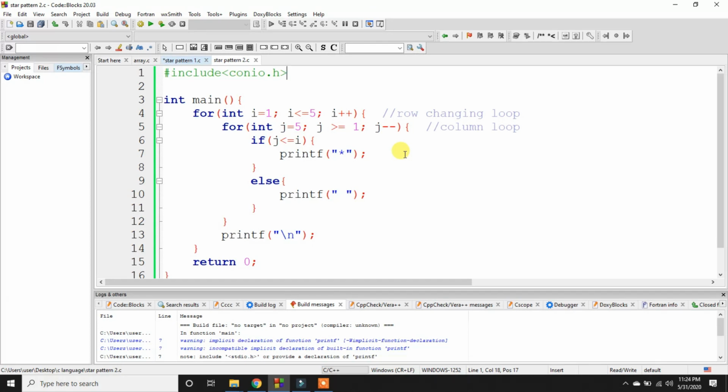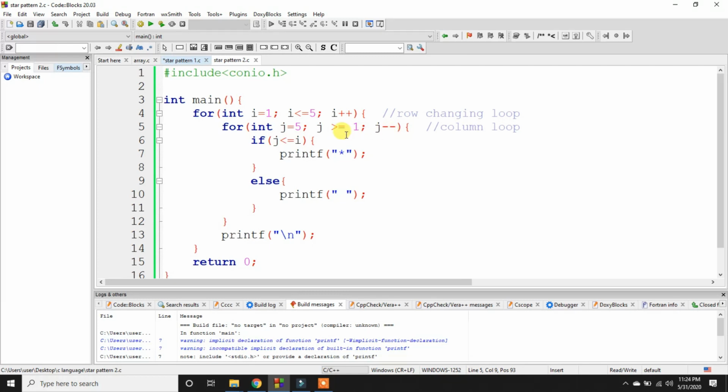So let's go through the algorithm which prints this pattern. In the first for loop we didn't change anything. It is as it was in previous videos. We have a total of 5 rows, which this loop indicates, and this loop we changed to j equal to 5, j greater than or equal to 1, and j minus minus.